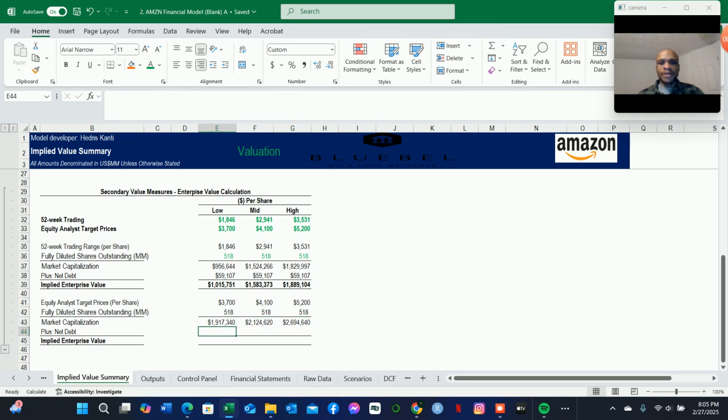And now to calculate the implied enterprise value, we have to add the net debt. So it's going to be equal to the market capitalization